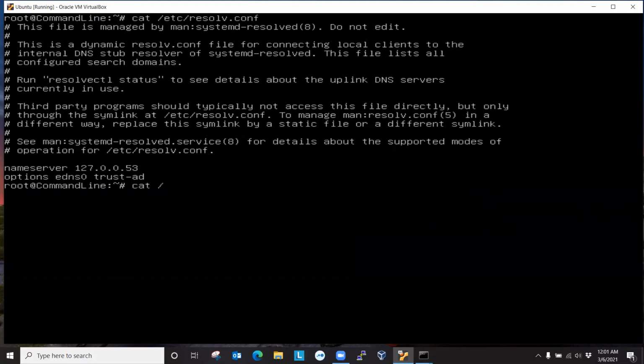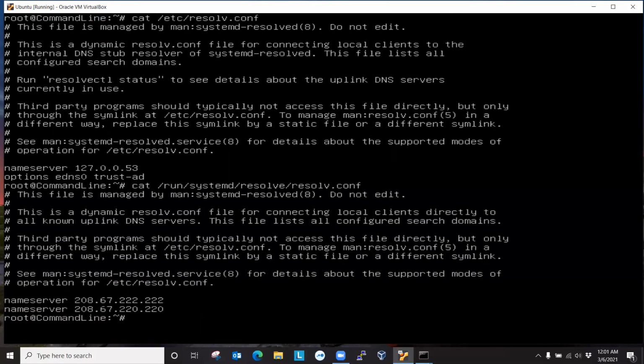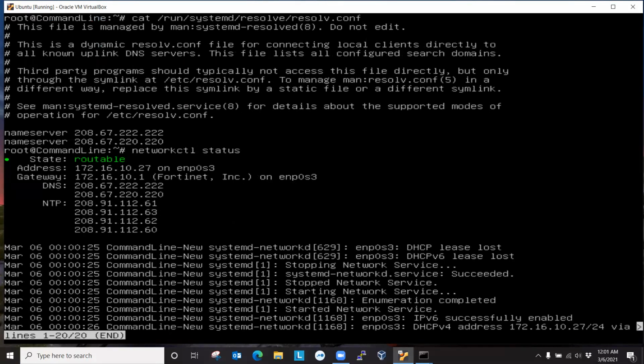And if you look at this file, systemd resolve.conf file, that's where your name servers are. And this is the exact name server we get when we do resolvectl status, 208.67. So Ubuntu uses systemd-networkd and systemd-resolved to read the information from the configuration file and set